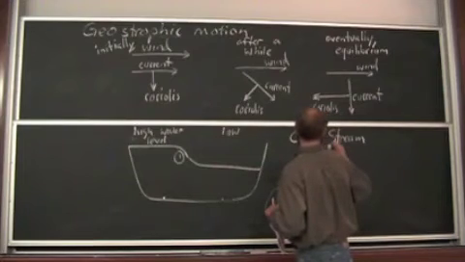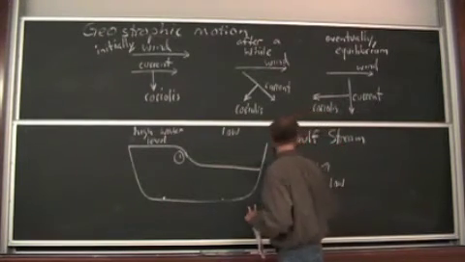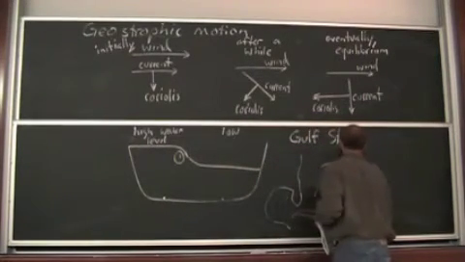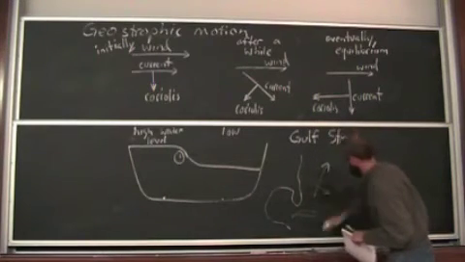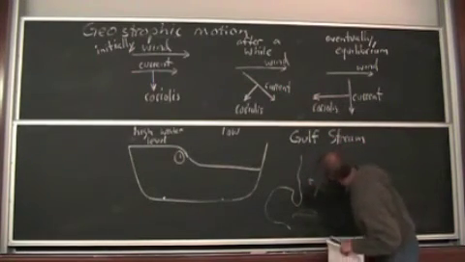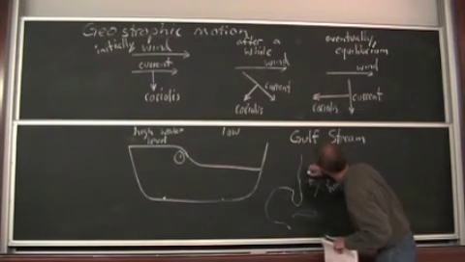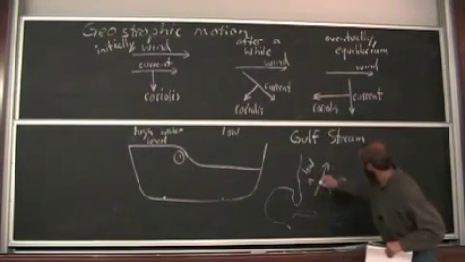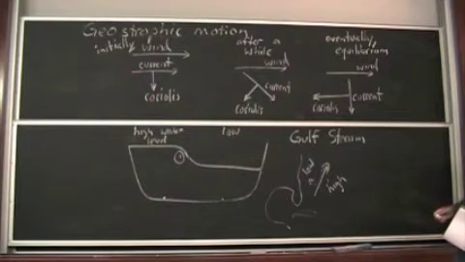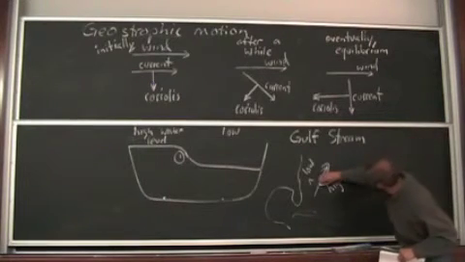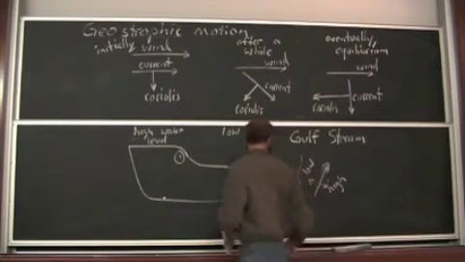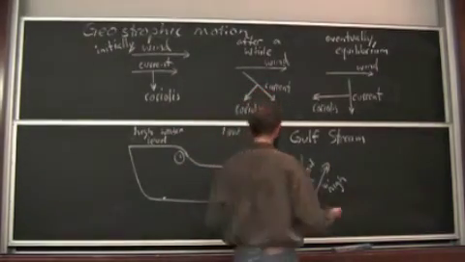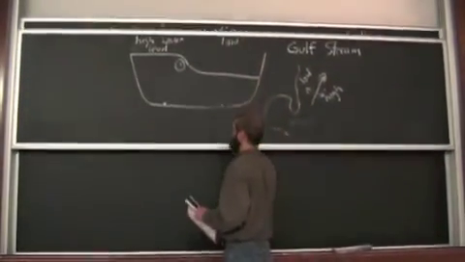The direction of flow, did I get this wrong? Oh my God, I did. We want the Gulf Stream to go this way, so that means the push force has to be in this direction, from the high water level to the low water level. The motion is at 90 degrees to the right. Coriolis force is going against the push force, and so that's the equilibrium.